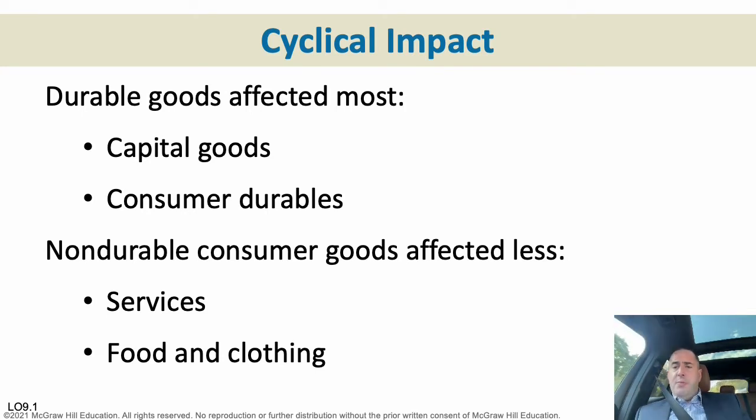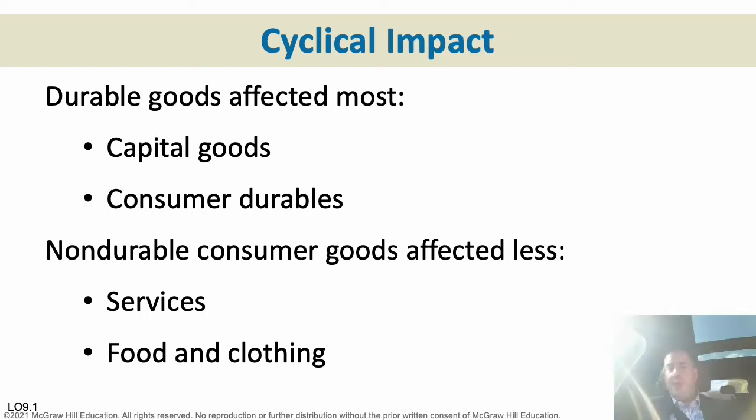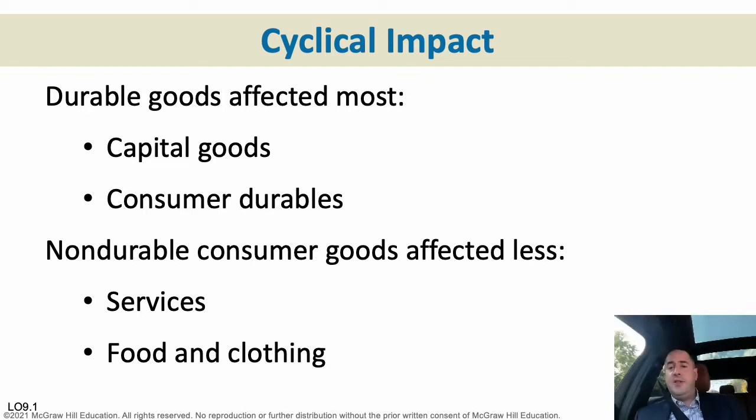Spending on durable good output is more volatile than non-durable and services, because spending on non-durables or services cannot be postponed. So think about a medical procedure or food. Also, durable items such as new automobiles or a new washer or dryer are generally more expensive for households to purchase.